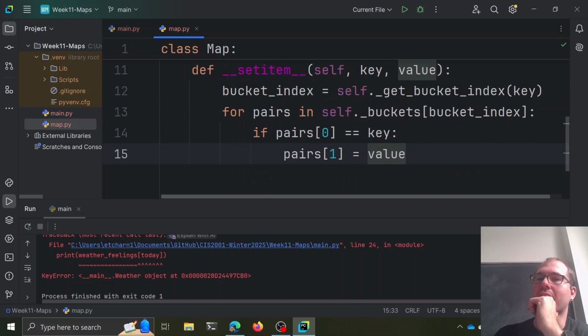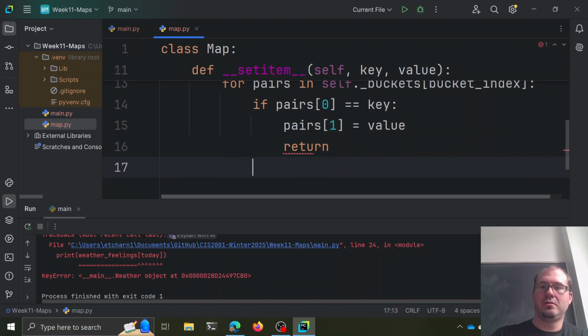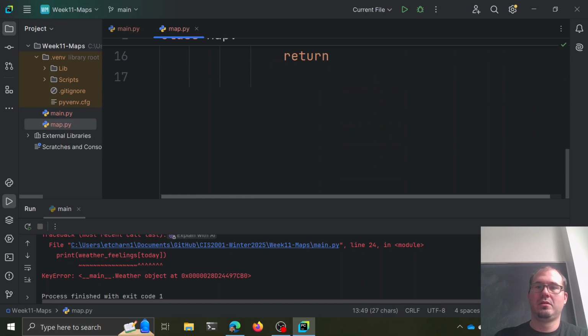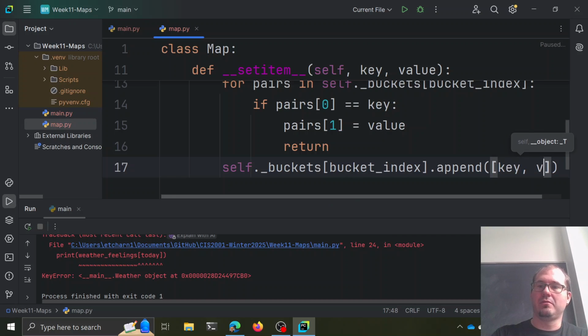So if we found it, great, we can return. We're done, right? We set the value, game over. If we didn't find it, right? I've gone through every pair in that bucket and I didn't find it. Well, I'm going to add a new value there, right? So I'm going to take my buckets here, right? And I'm going to append a new list of key and value,